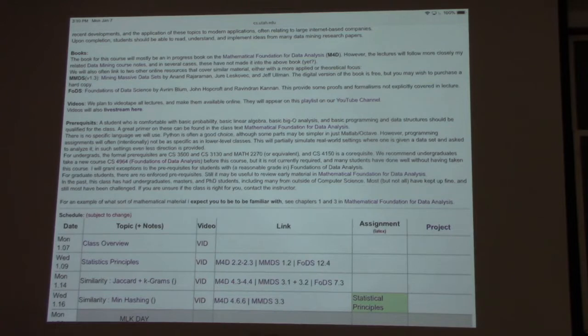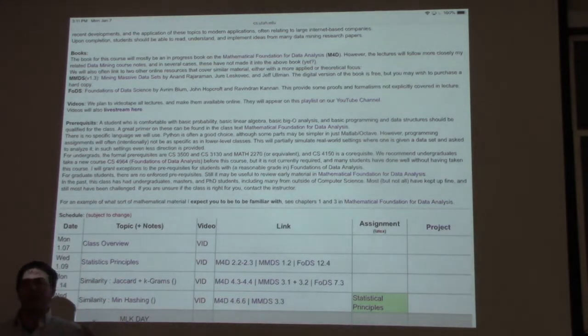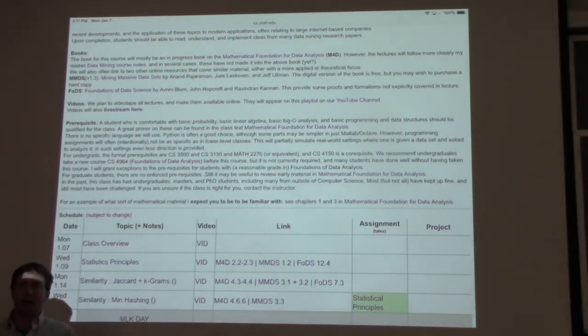I find the Mining Massive Datasets book is a bit more from a databasey sort of perspective. It's a bit more applied, and the way they cover the mathematical part I think is not as complete as I do in this class. And then the Foundations of Data Science book is on the other end of the spectrum. This book is basically just the mathematics of what's going on. It does a great job of covering those topics, but it's not as covering necessarily the